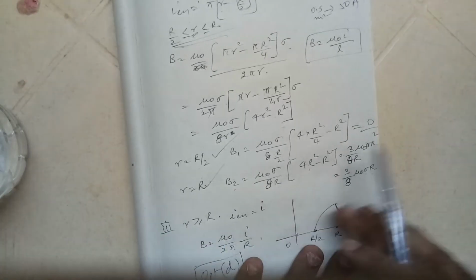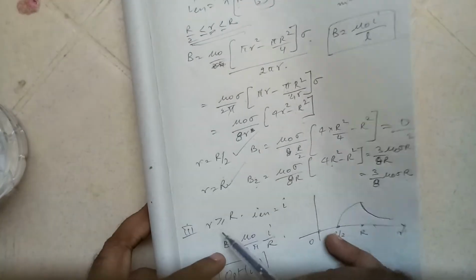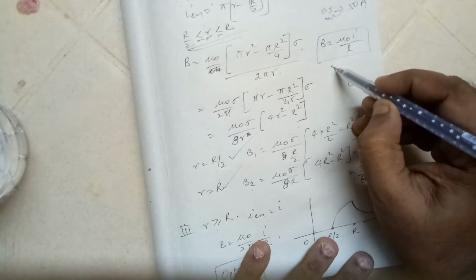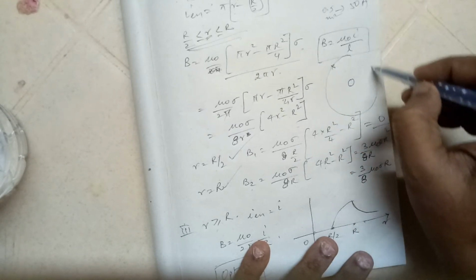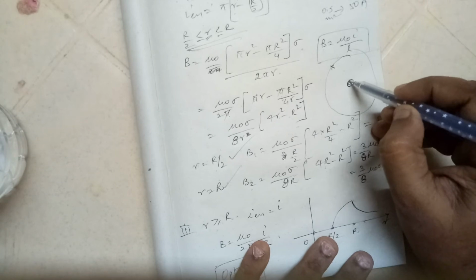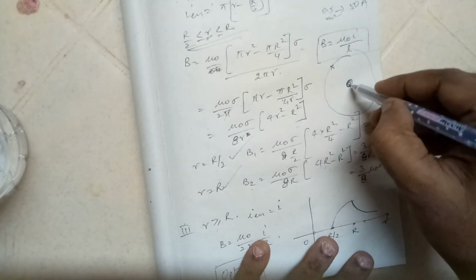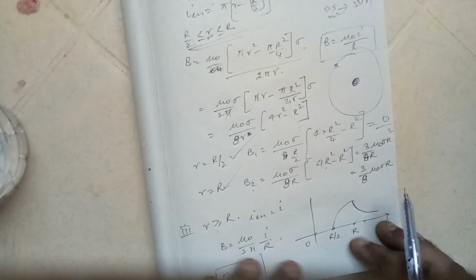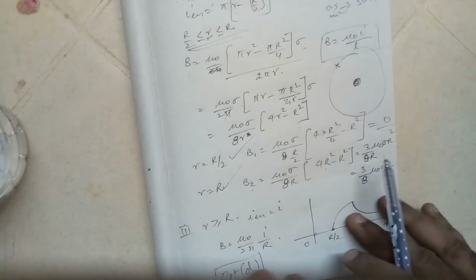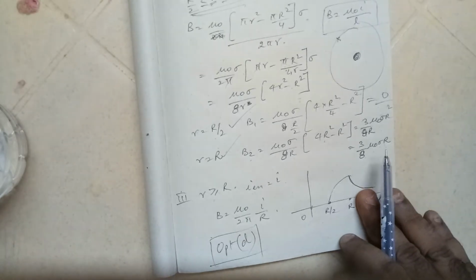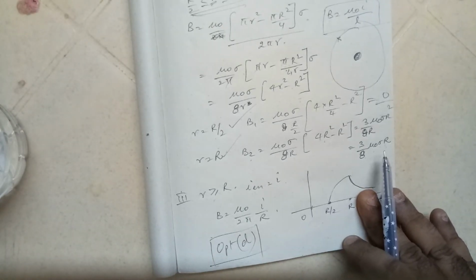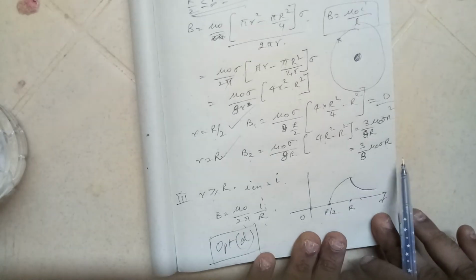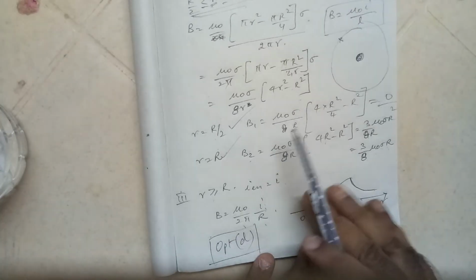And when you go beyond this cylinder, that is r greater than R, this cylinder is like this, and you are taking some point over here. I am taking an Amperian loop like this. So this cylinder you can assume like a dot. Whatever the total current is there, that total current will be the I enclosed, isn't it? I enclosed will be the total current. So here what will be the form? What is the formula for long conductor? Is it not mu naught by 2 pi into I by r? Okay, so we have got all the values now.